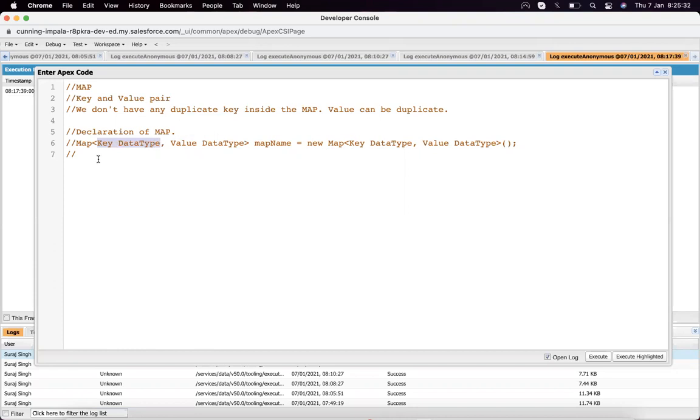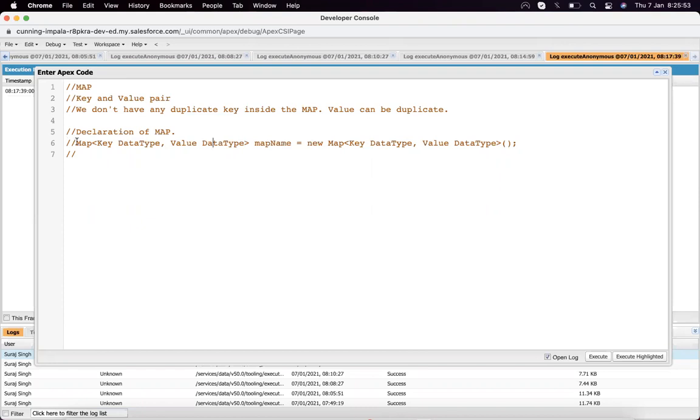Similarly, we define a data type for the key, and a data type for the value. It doesn't mean that both data types will be the same. Both data types can be different, it doesn't matter. We need to define a data type for both key and value inside a map.